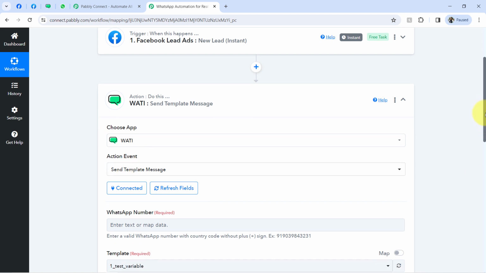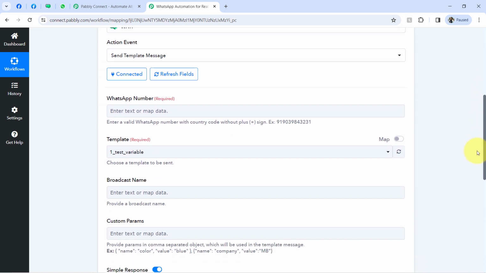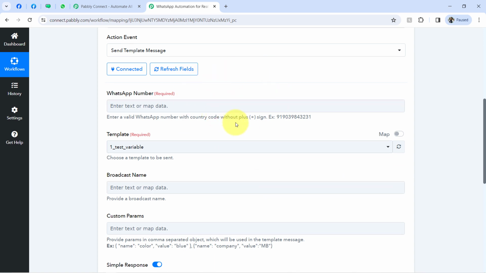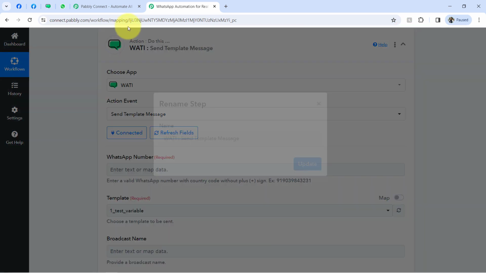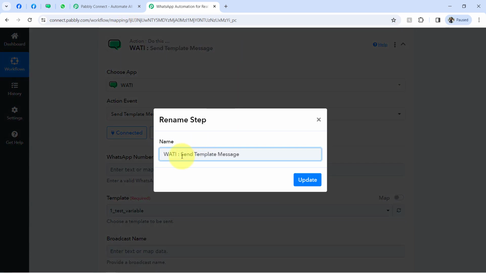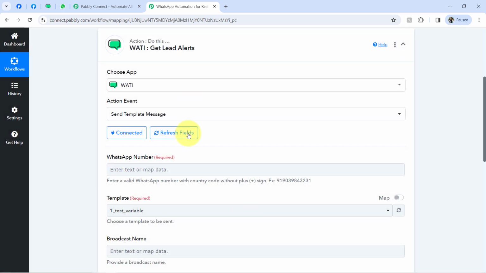Now the very first thing it is asking for is the WhatsApp number to whom you want to send the WhatsApp message. Okay, so right now I am creating this Vati step to get the lead alerts. How about I rename this step in order to avoid any confusion? So here I will rename the step something like get lead alerts. Okay, and the second step will be for sending the message on WhatsApp to your lead. Okay, so in this way I won't get confused,